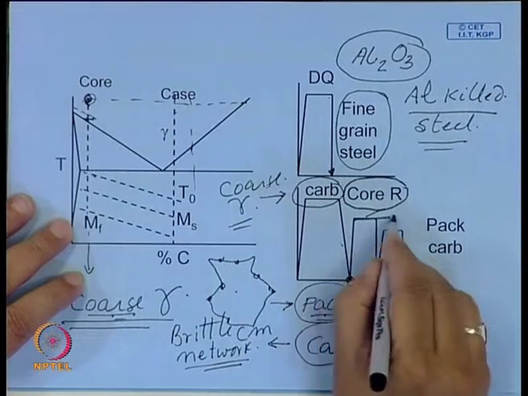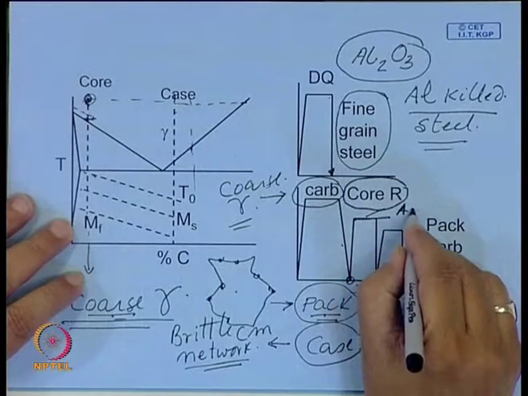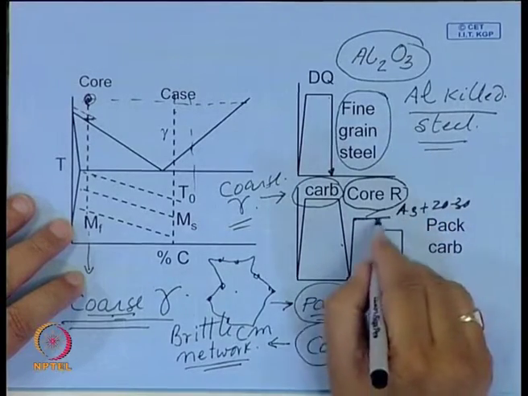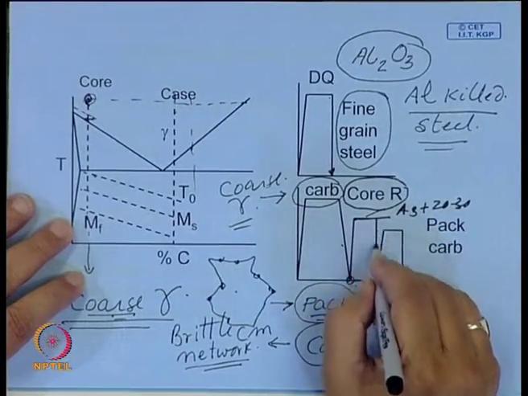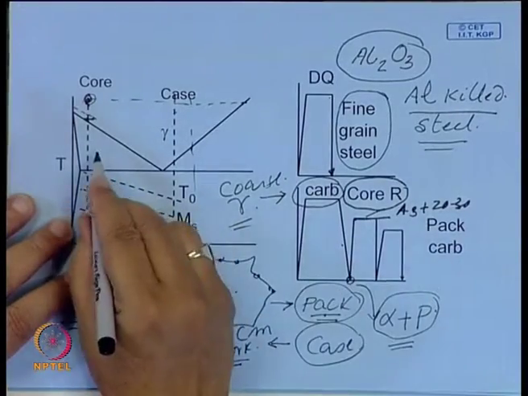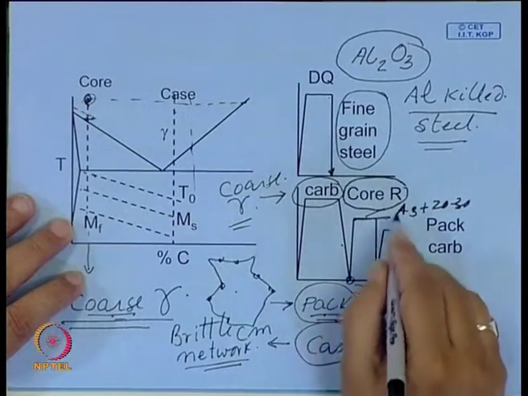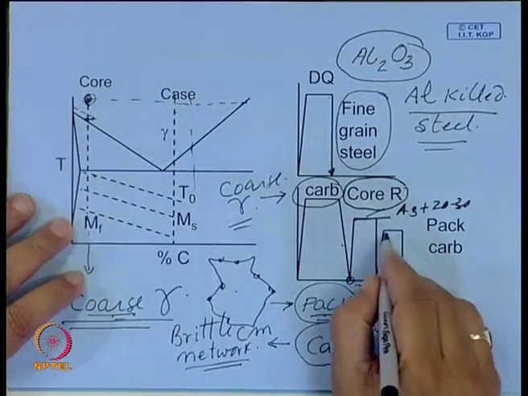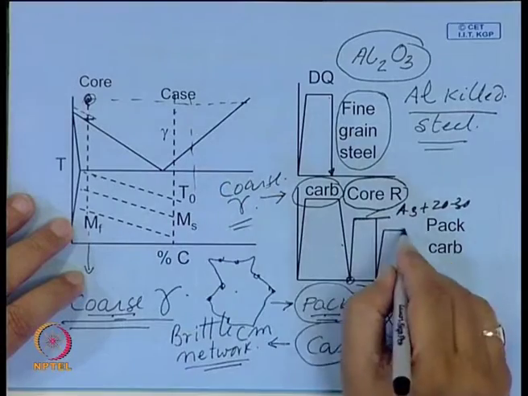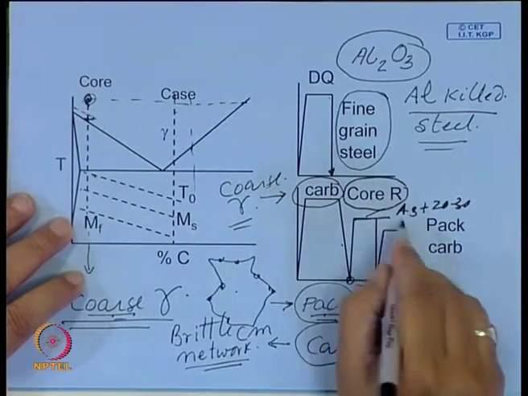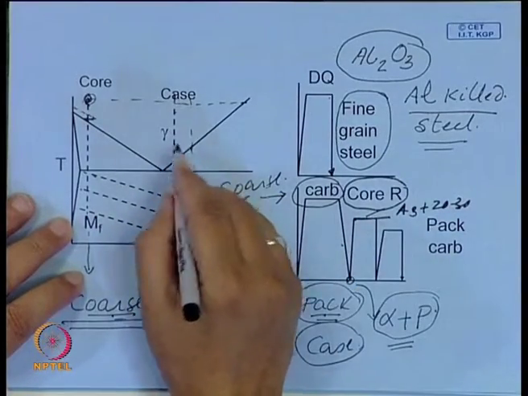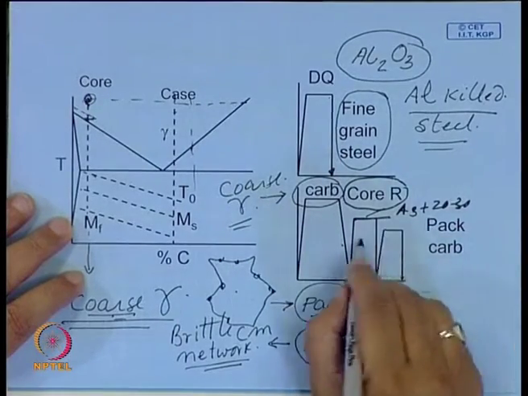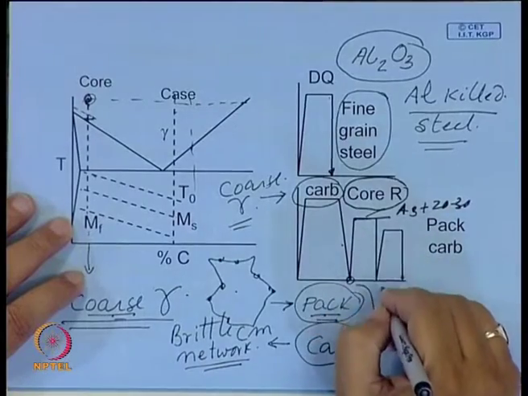So, therefore, you have to first refine the core by heating it above this temperature, normally A3 plus 20 to 30 degree centigrade. Give sufficient hold time, then you quench, and that is the time you can refine, since you are suppressing this, the cementite network does not form over here. This also gets converted, possibly you will have globules of cementite or a broken cementite network,